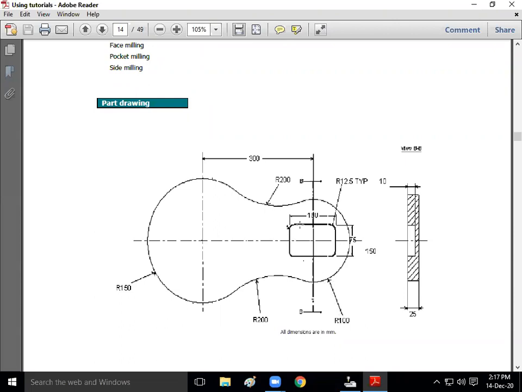So after creating the rectangle, I'm going to create one circle of radius 100 mm. The center point of that circle is also 0 0. After creating this circle, I'm going to create one more circle here, of radius 150 mm, and